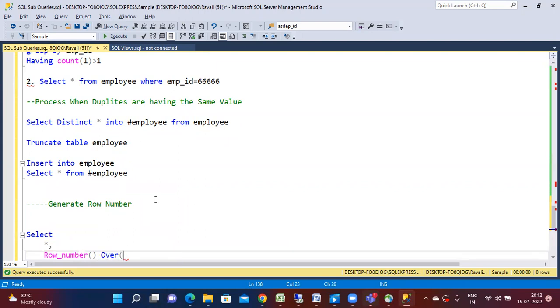On which column are we checking duplicates? Employee, partition by employee ID. Order by any identifying column. Suppose 2 records are there. In these 2 records I just want to keep the latest record. How do you know which one is the latest? If you have a timestamp available, then you can take it as the latest. If there is no timestamp and the values are different, and any record is fine for me, then order by any column, it's not a problem. Order by salary, okay, as rank from